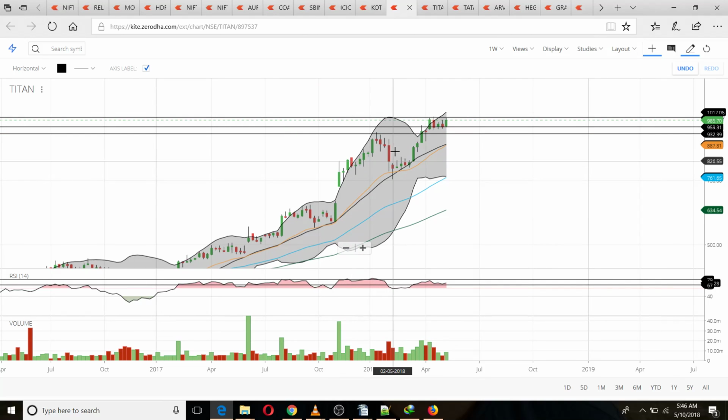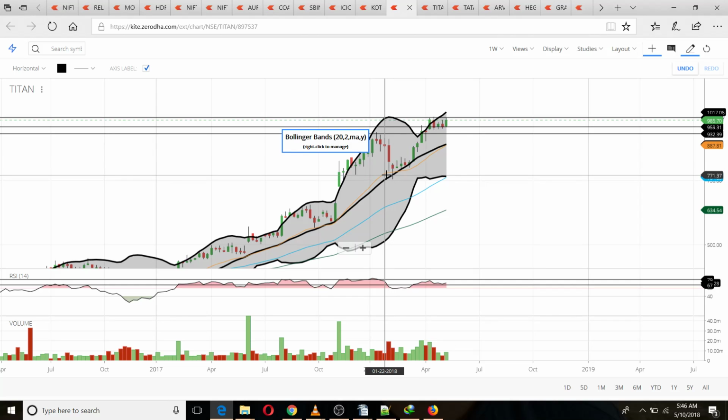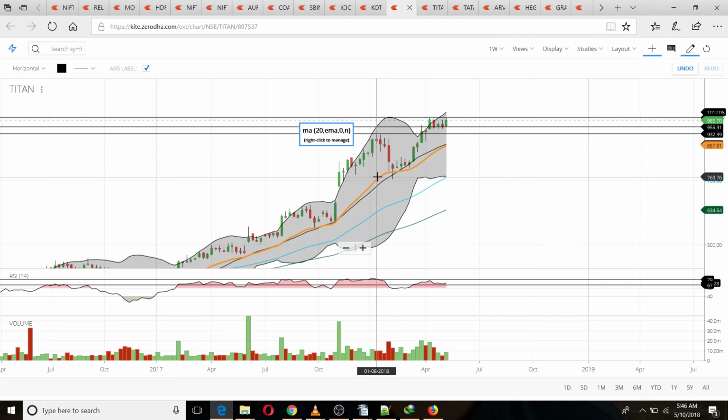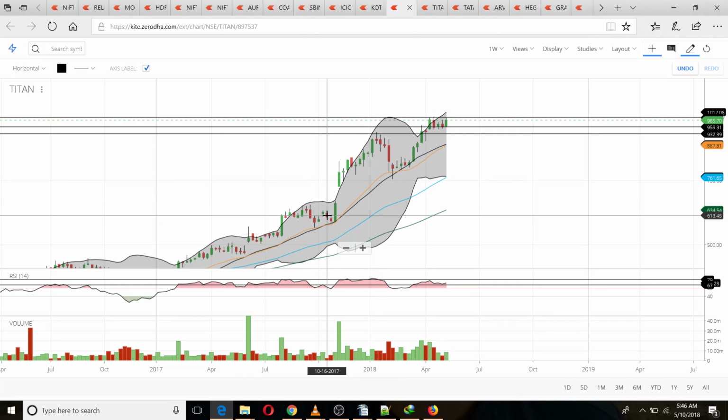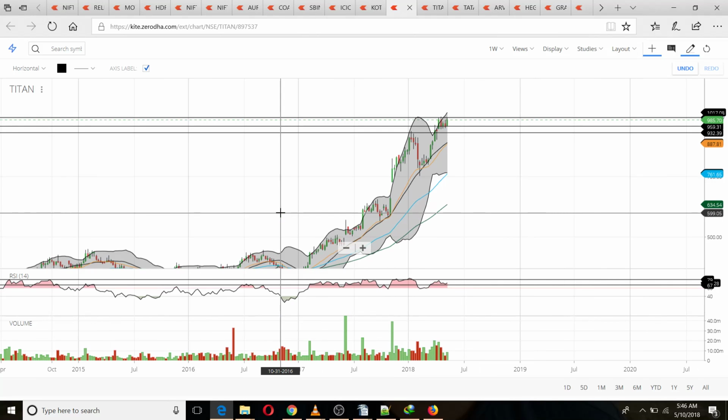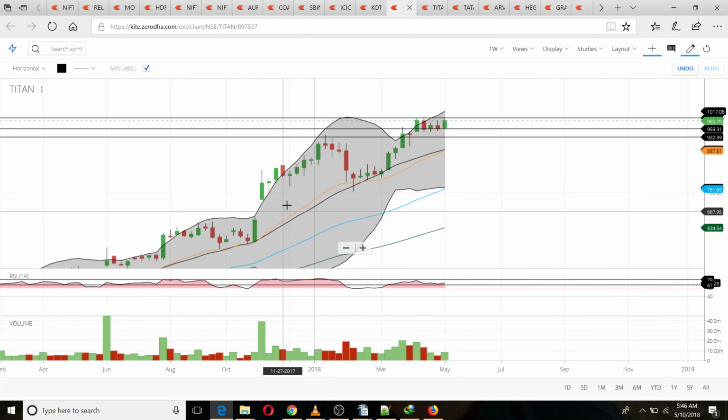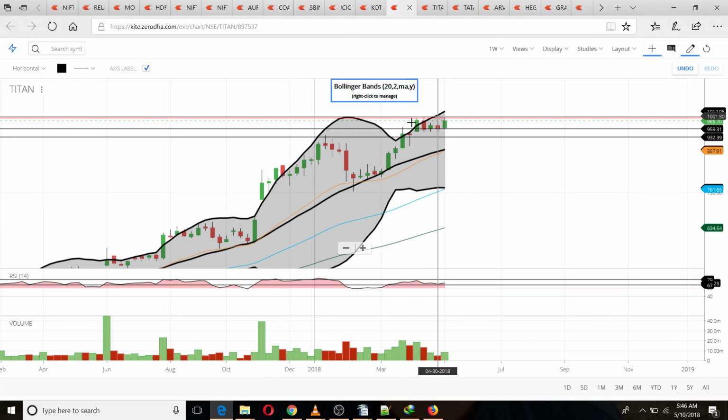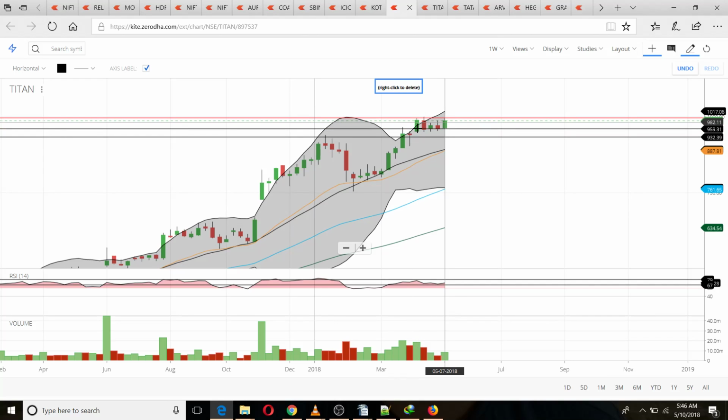This was the consolidation phase where it took support at the 20-week EMA, so that is quite normal. We have seen this several times happening, and this is where currently price action is in a very constrained range. So for around 5 weeks we have not gone anywhere, simply trading in the same range, and this is where